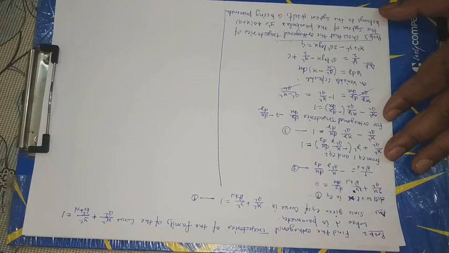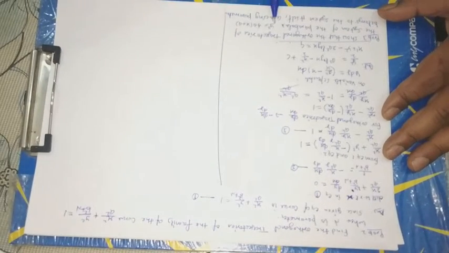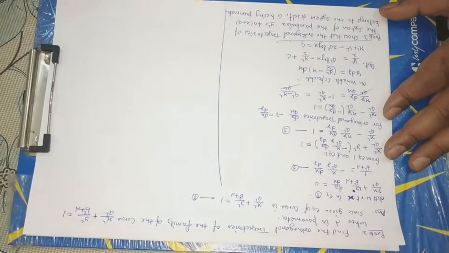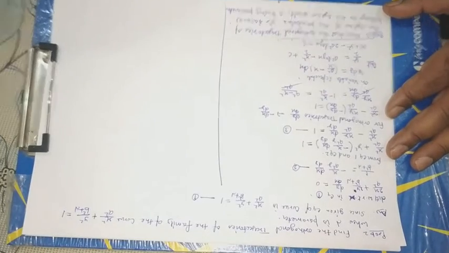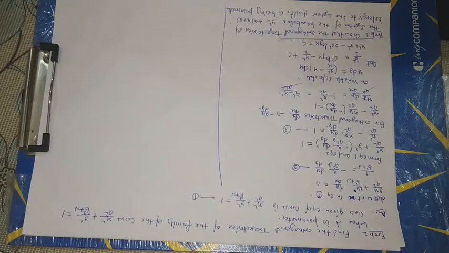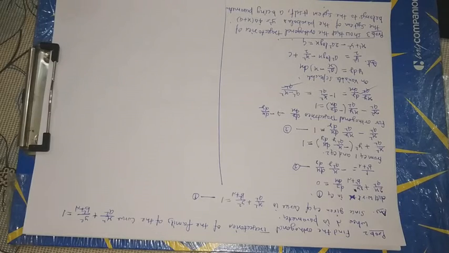Now repeat the problem. Show that the orthogonal trajectories of the system of parabolas y square is equal to 4a into x plus a belong to the system itself, where a is a parameter. That is, we can say that the orthogonal trajectory of a parabola is always a parabola. Now the solution is.